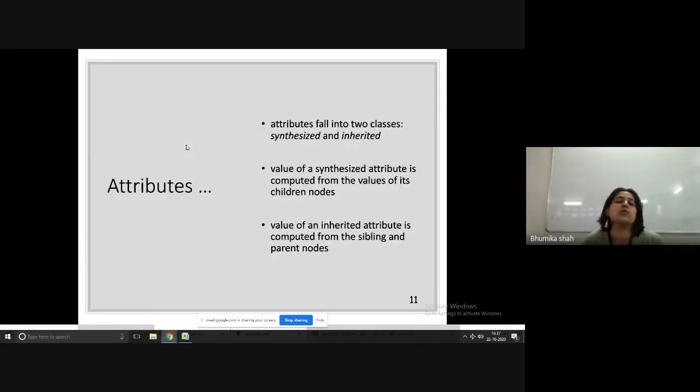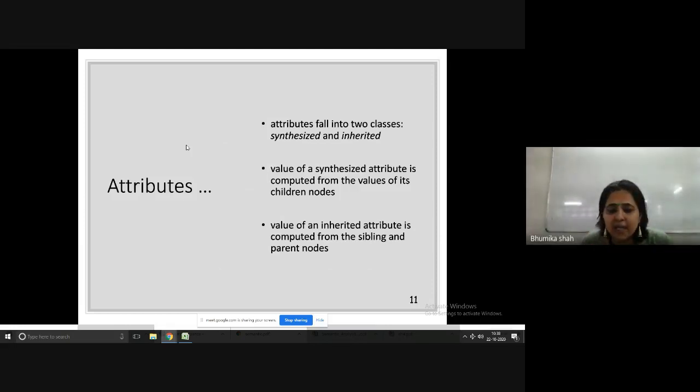Okay, attributes. As we have discussed earlier, we are going to associate attributes to each and every terminal and non-terminal in our grammar. What kind of attributes? Basically attributes are subdivided into two categories. Now this has been asked many times in definitions, so focus. The first kind of attributes are called synthesized attributes. The second kind of attributes are called inherited attributes. What is a synthesized attribute? An attribute whose value is evaluated using the values of the child nodes is called a synthesized attribute.